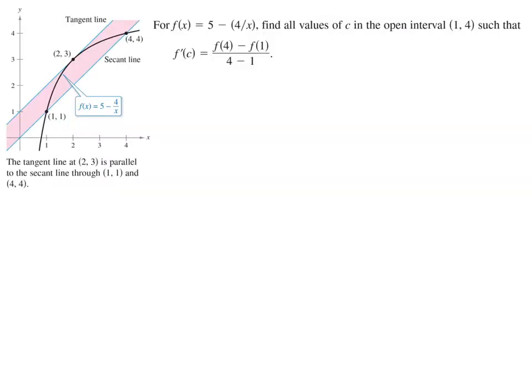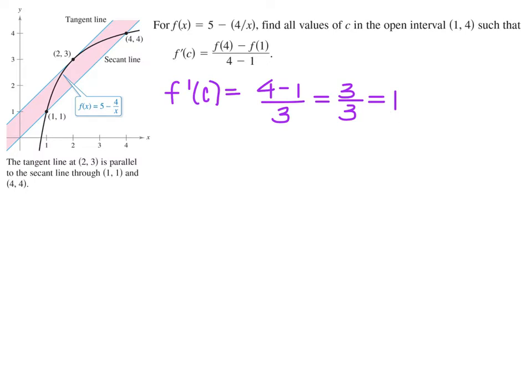So let's try out this example where we have f of x is equal to 5 minus 4 over x, and let's find all the values c on the open interval from x equals 1 to x equals 4 such that we have our mean value theorem derived here. So the first thing I do here is figure out what this thing is equal to. So f of 4 is 4 and f of 1 is 1, and so that gives me 3 over 3